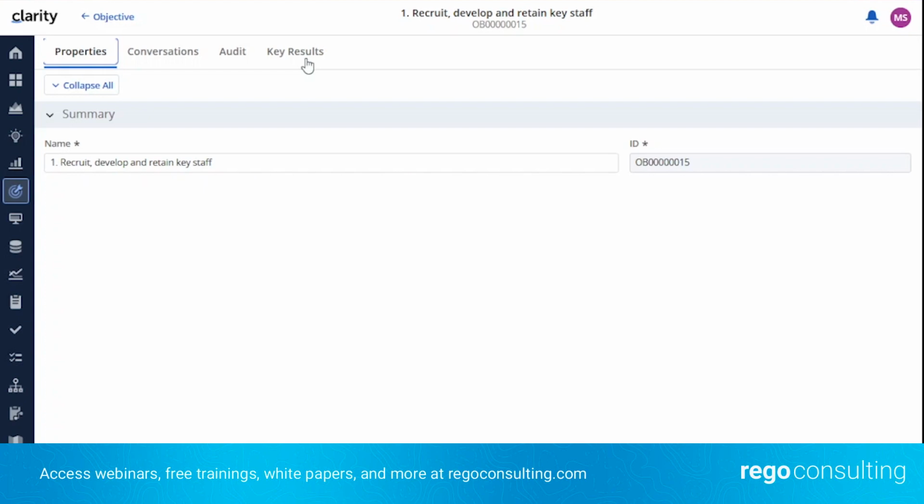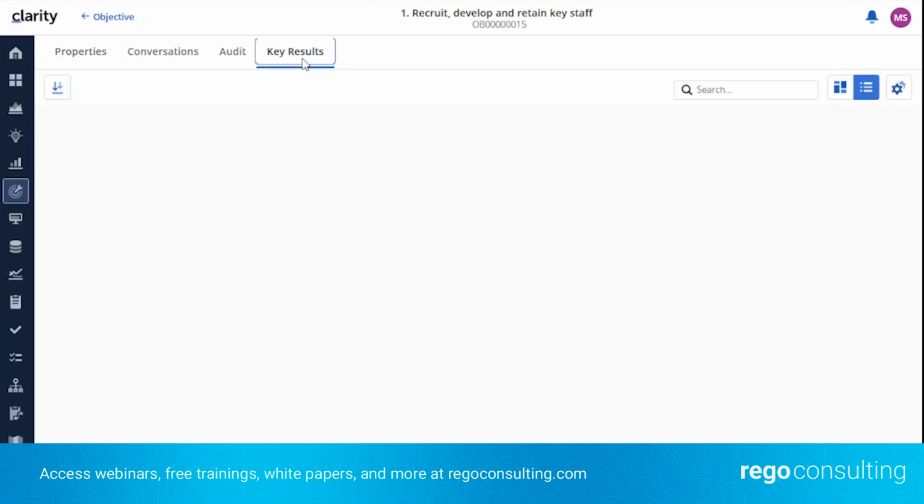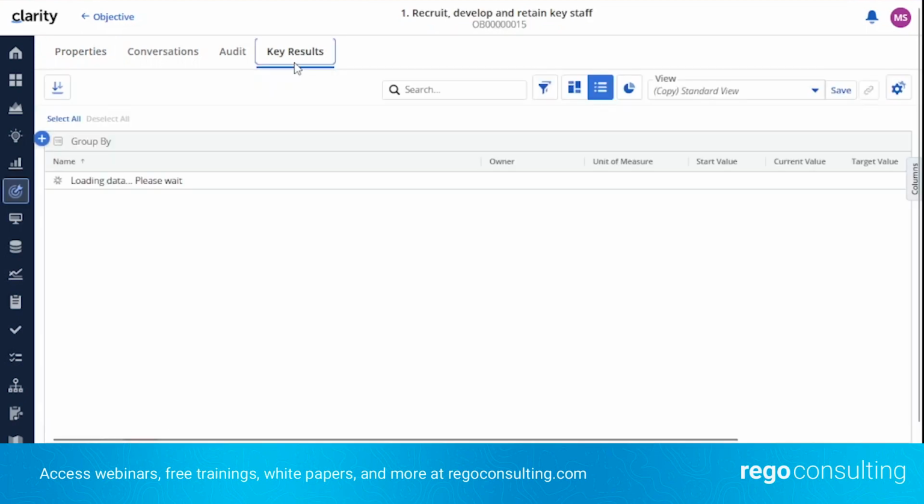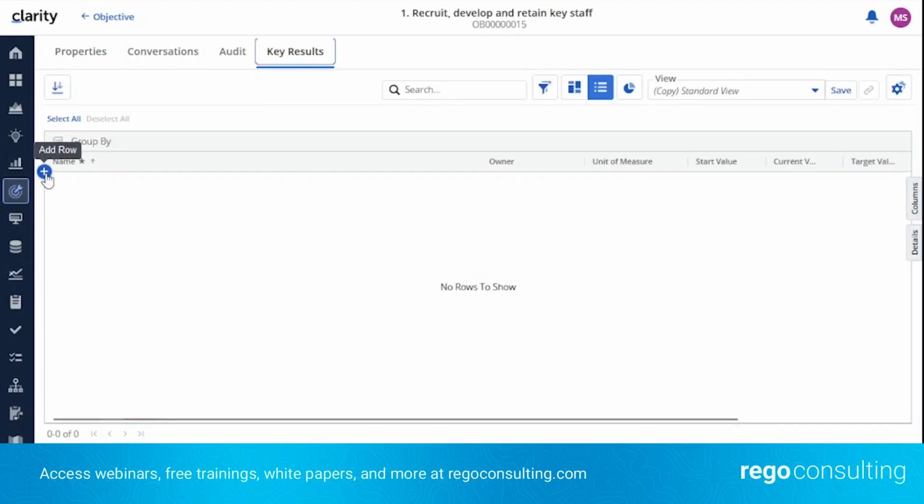If you're on Clarity version 16.1.2, then all you need to do, once you're on the key results tab, is click on the plus symbol to add your key result. If you're in 16.1.3, you will have the new key result button available. That button will need to be added via access rights, so just make sure you have a chat to your admin